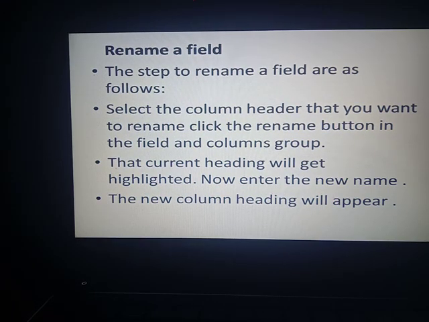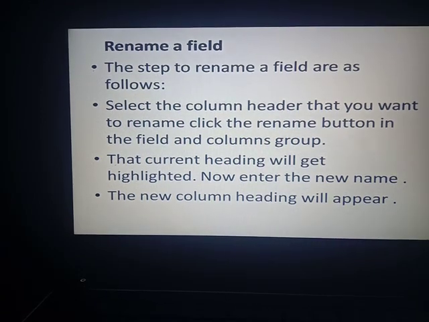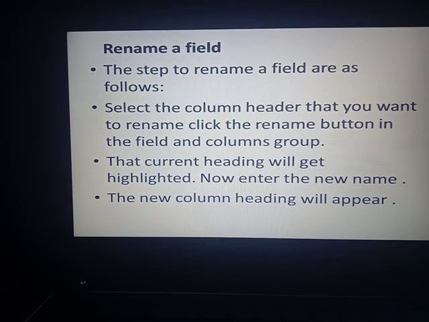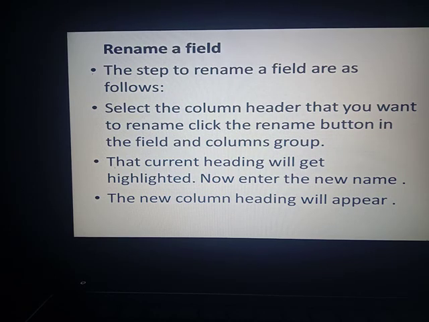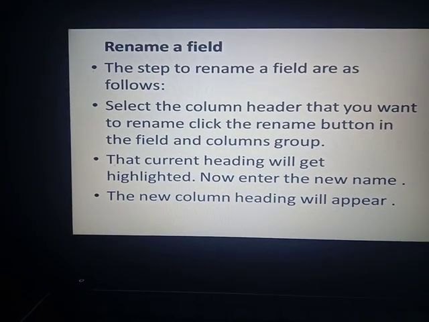When you click on Rename, that heading will be highlighted, and you can use backspace or directly start writing the new name for that field. After pressing enter, you can see that the new column heading is there and the old one is automatically changed.